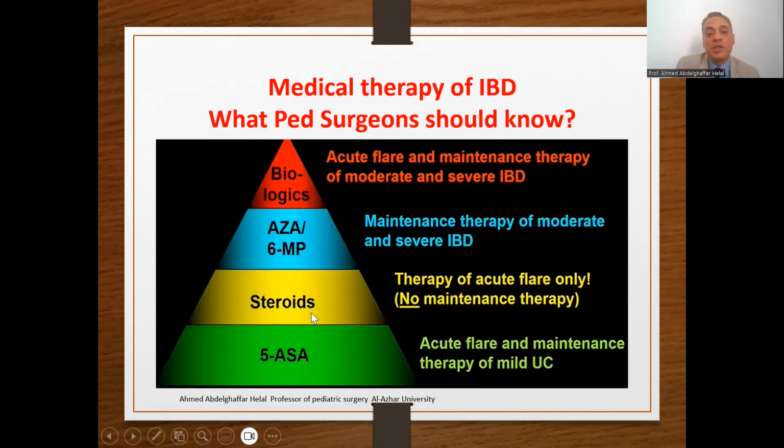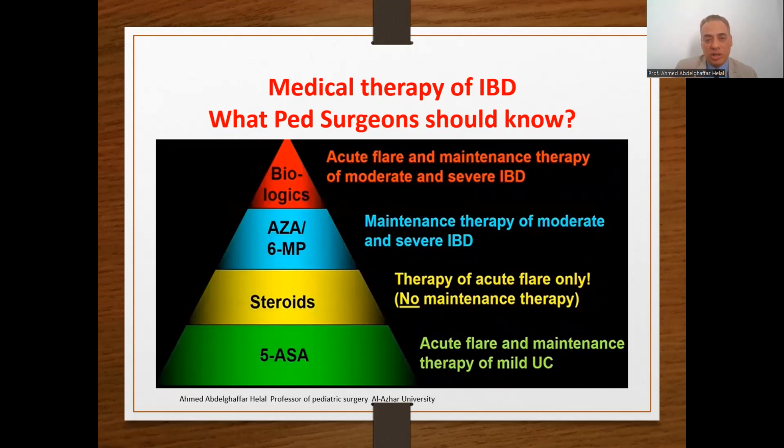The second category is steroids. It is a therapy of acute flare only, with no maintenance therapy, due to the well-known side effects of steroids, diabetes and hypertension, and many disturbances. The third one is immunomodulators, used for maintenance therapy of moderate and severe IBD. However, their effect may be delayed up to 12 weeks,